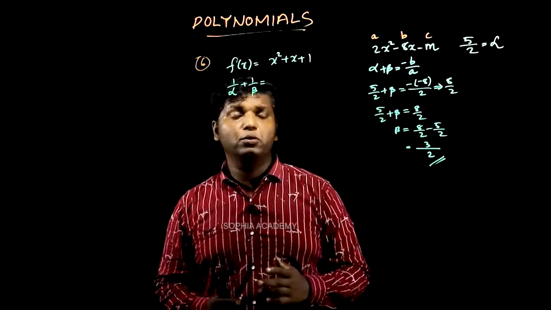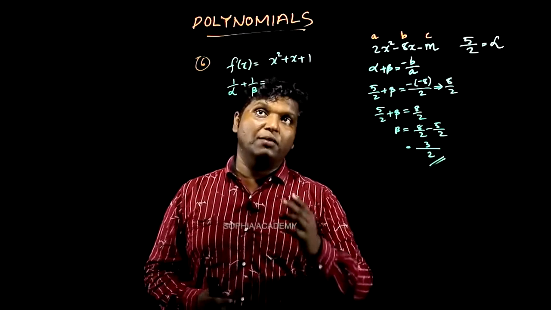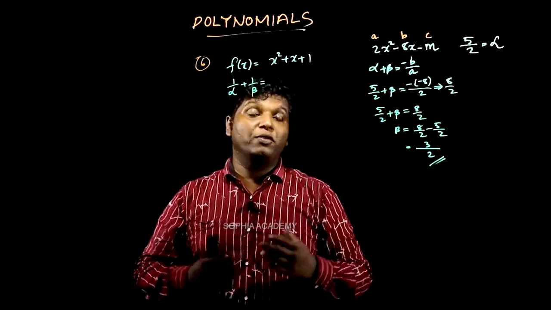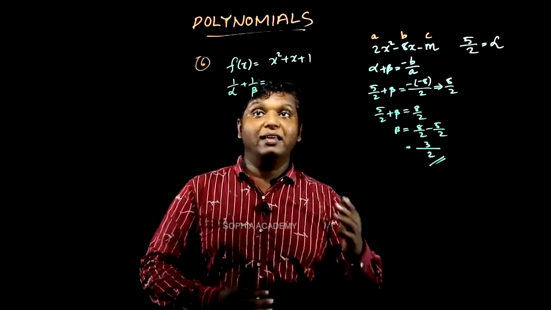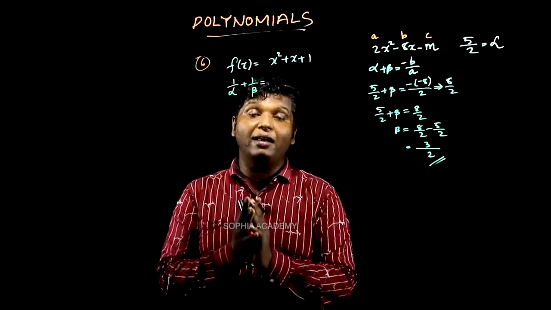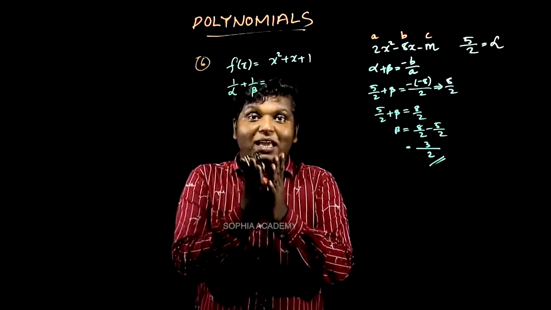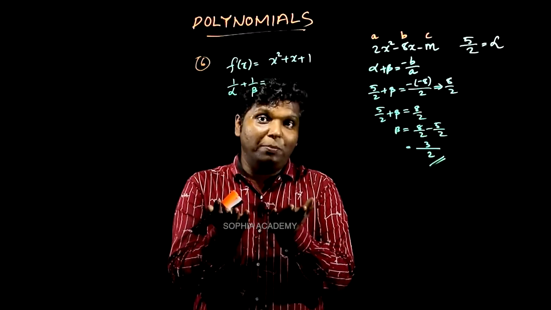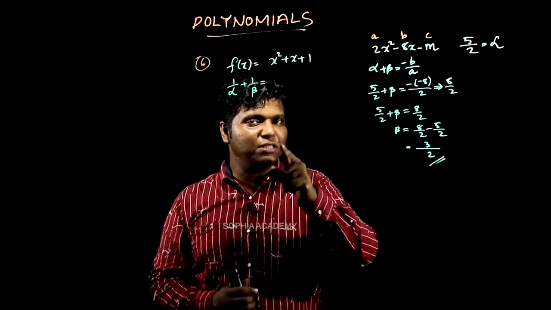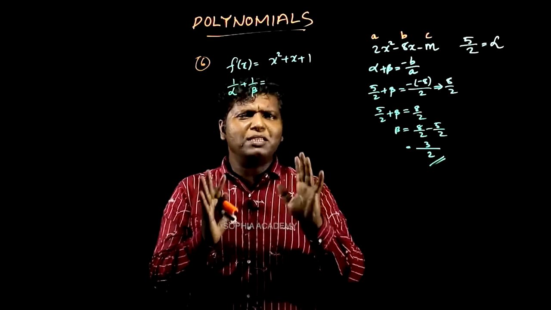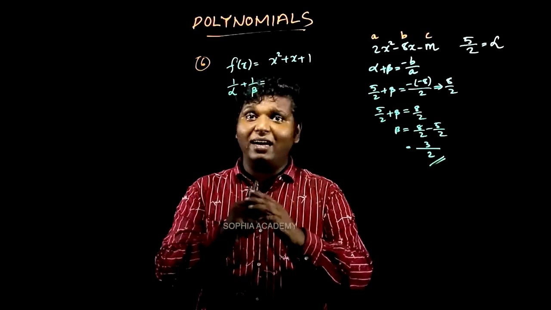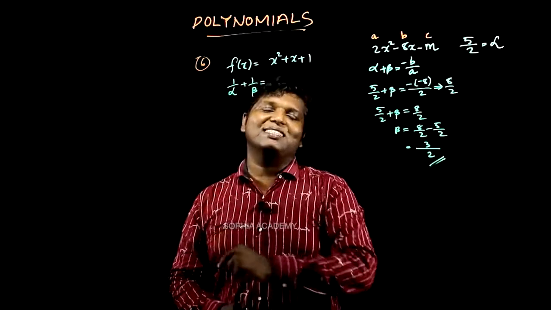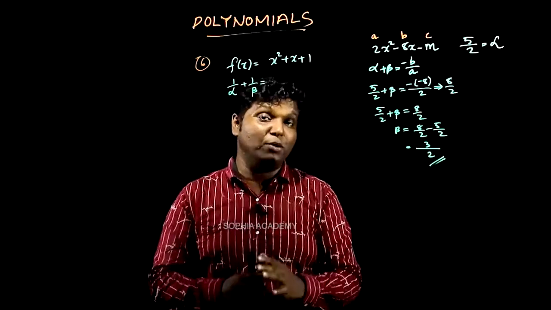Normally, some students will do it like this: first, from the given polynomial they will find alpha, then they will find beta, and then they will take the reciprocals, then they will add. That means you are going to do something like a 4-mark problem. But forget not, this is an MCQ question, so there will be some idea by which we can get the answer very fast, right? So yes, we are going to come to that idea. That's what I'm going to mention right now.